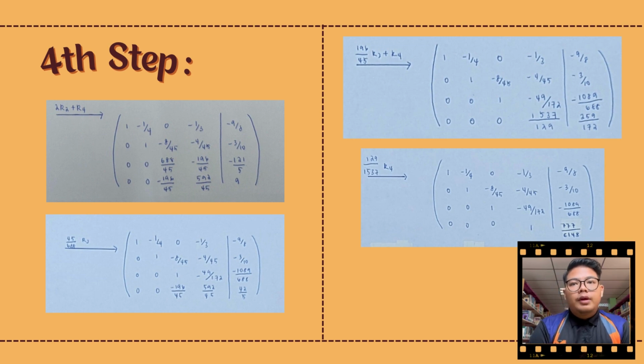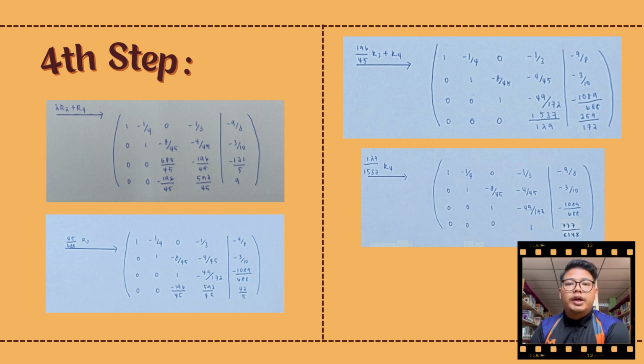Okay, next step, still the same thing. We need to remove the value under the leading one. So the next step is 2R2 plus R4. It will be 0, 0, negative 196 over 45, 592 over 45 and 9. The next one, we need to search for the leading one for R3, so it will be 45 over 688 R3, and it will be 0, 0, 1, negative 49 over 172 and negative